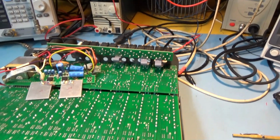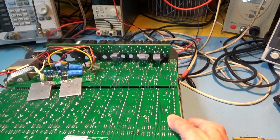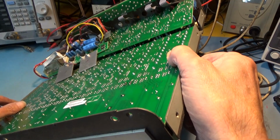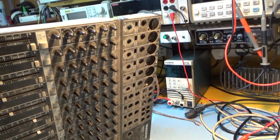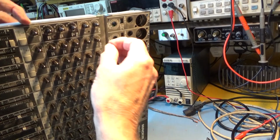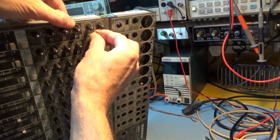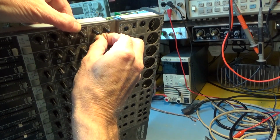Right, sorry about the audio on the last clip. I forgot to clip my microphone back on, so it was about 3 feet away from me. Anyway, now I've got this back in, the bottom board anyway. I want to keep that one stable, and that is a hard thing to do. So I'm going to put in hopefully one screw there,